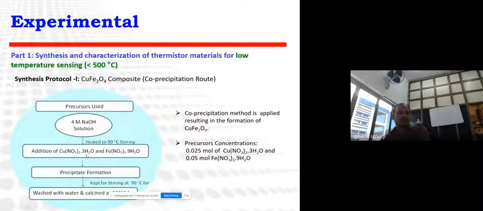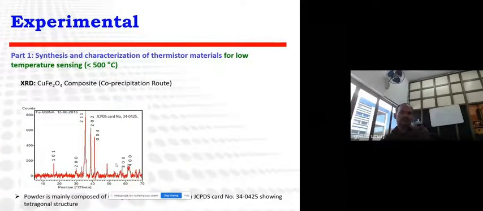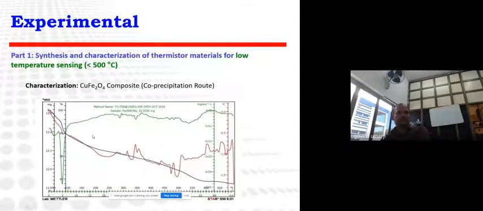We reduced with 4 molar sodium hydroxide, then precipitation takes place on heating at 90 degrees Celsius, resulting in precipitation of the ferrite, and after that we washed and sintered at 800 degrees Celsius. After sintering, we confirmed that we got the tetragonal structure of copper ferrite, and we matched it with the JCPDS data. Similarly, we took the copper ferrite TG-DTA, where we found that the material is not stable up to 500 degrees